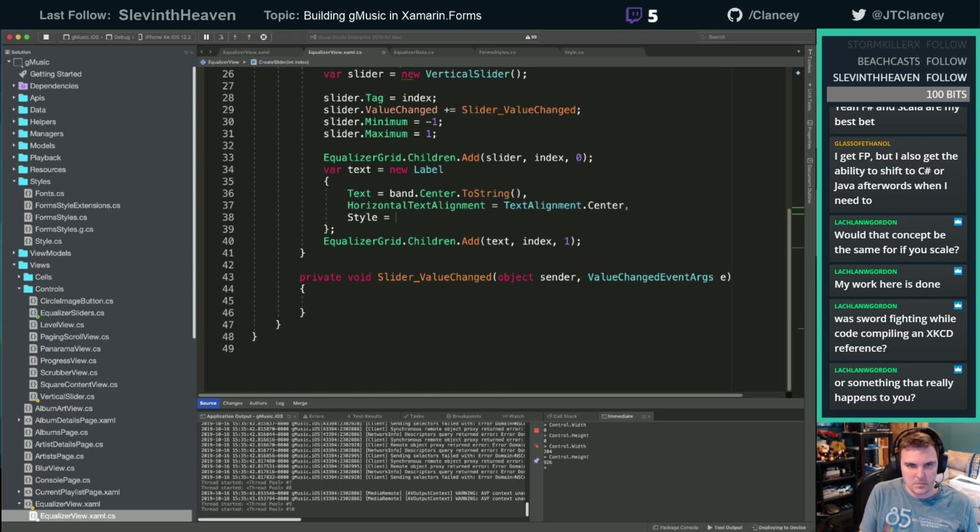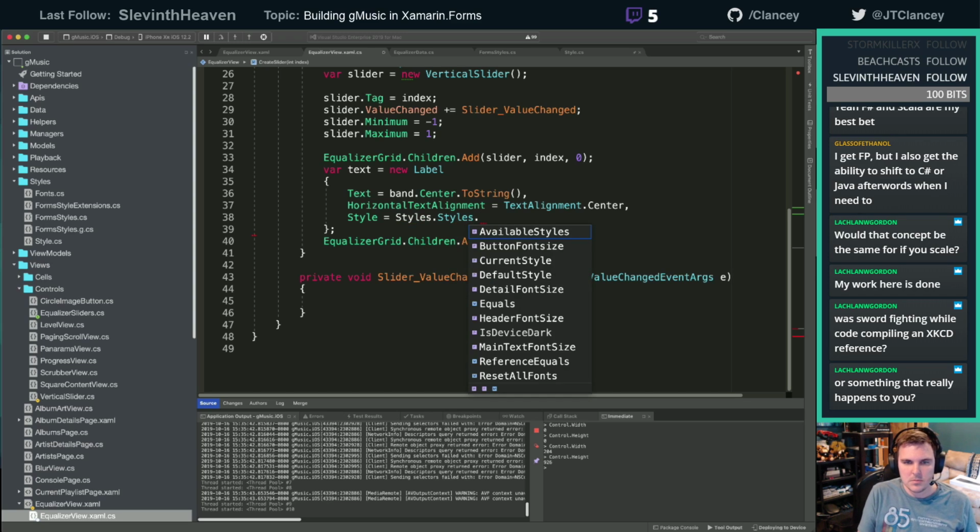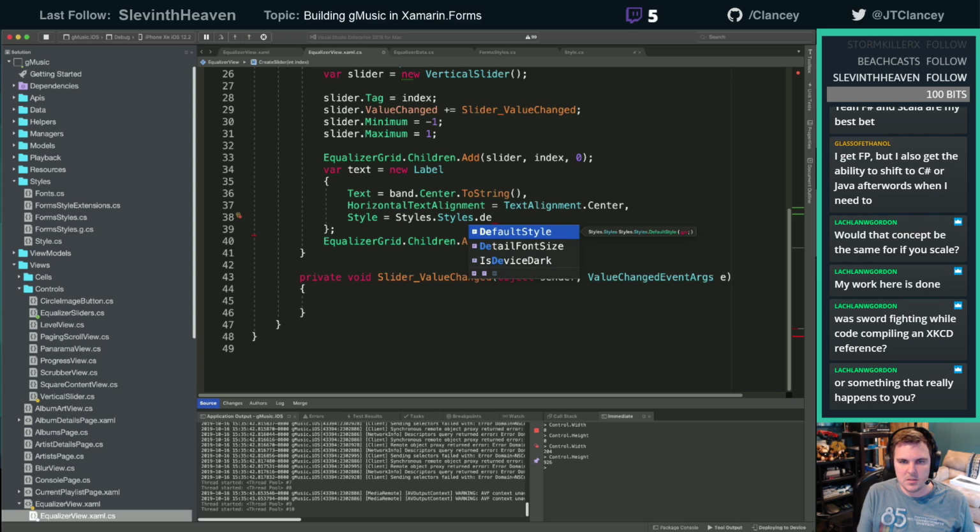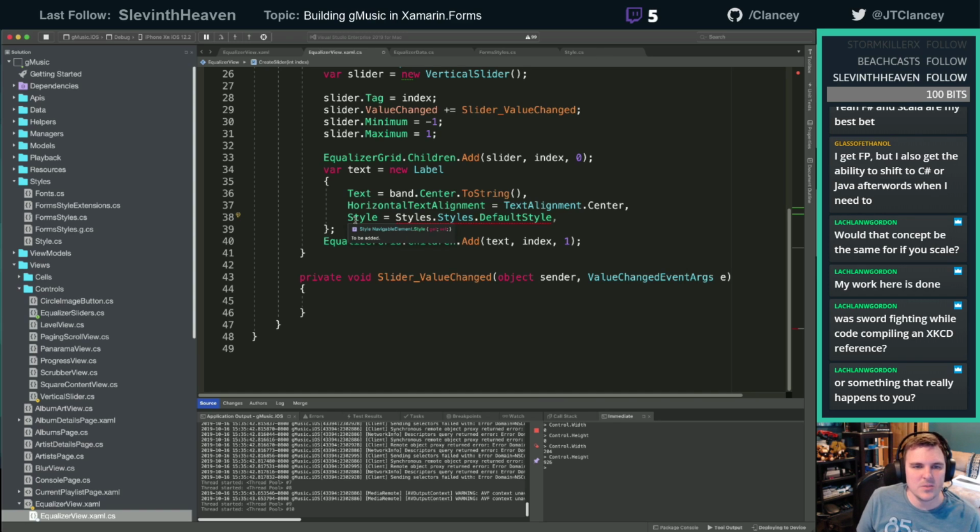Style equals Detail. No, how do I use those things?